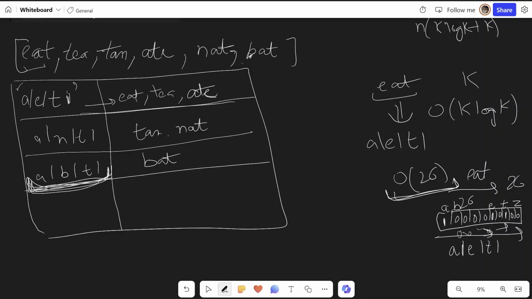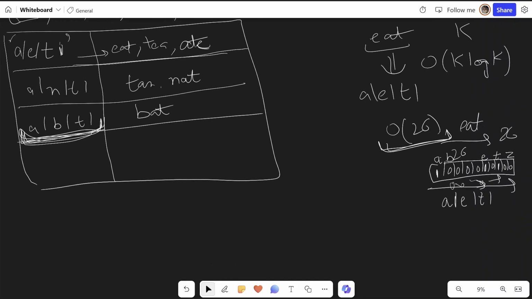So what would be the overall time complexity in this approach? Let's say time and space. Space would be the same because we are storing n strings with k length, so O of nk, because we are using the same hash map.